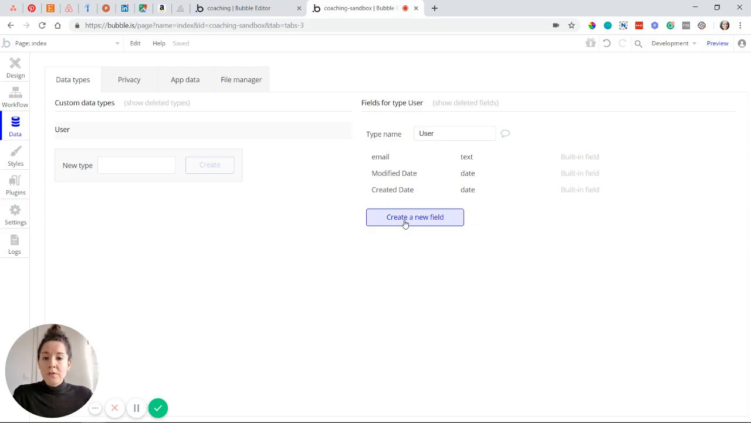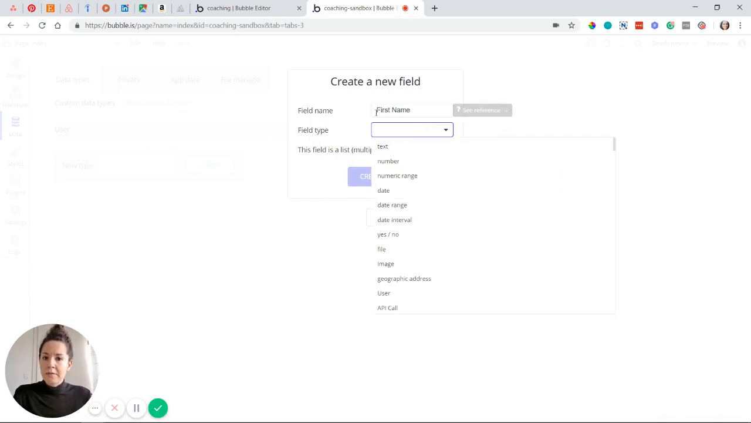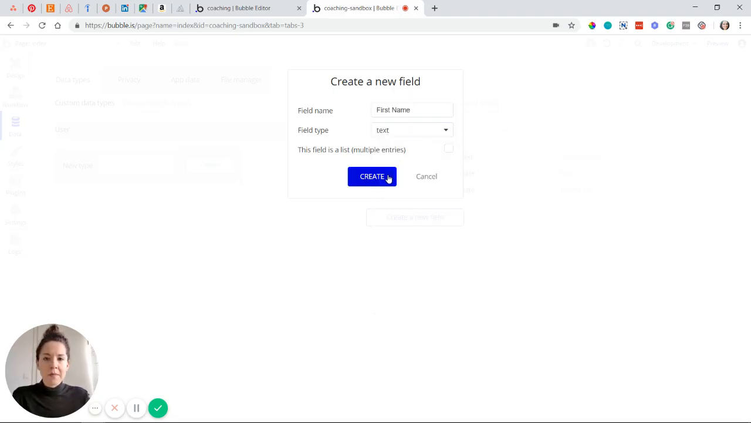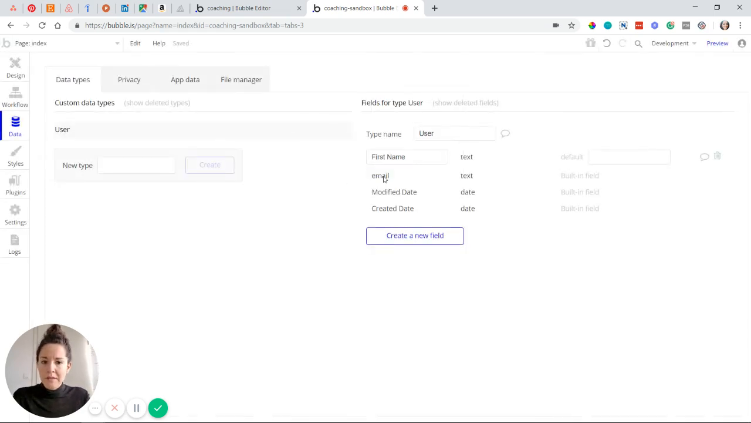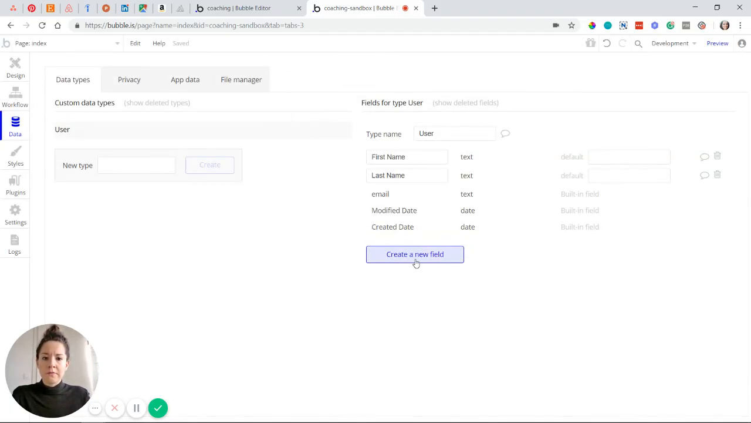If I want to create a new field like first name, so that I can save names to each user, I will tell Bubble, hey, I'm creating a new field. It's going to be called first name, and this is going to be a text. Okay, so again, you're telling Bubble exactly what you want to happen. So everything is being custom defined by me, the app builder. And I'll do another one for last name, and we'll do one for,